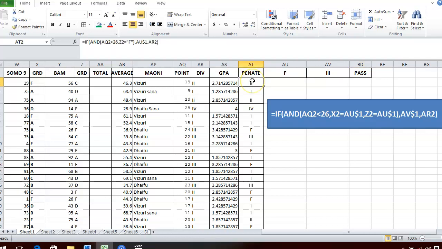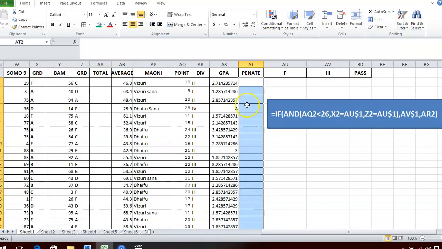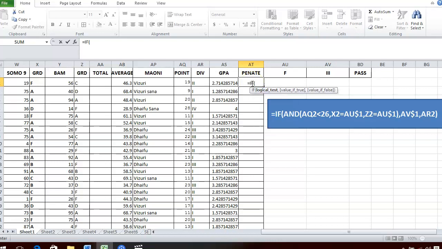Yeah, so I'm going to start. Start with the equal sign, then IF, and AND. At this point I'm going to use the points. This point is less than 26. Less than 26 means the student has division 1 up to division 3, comma,